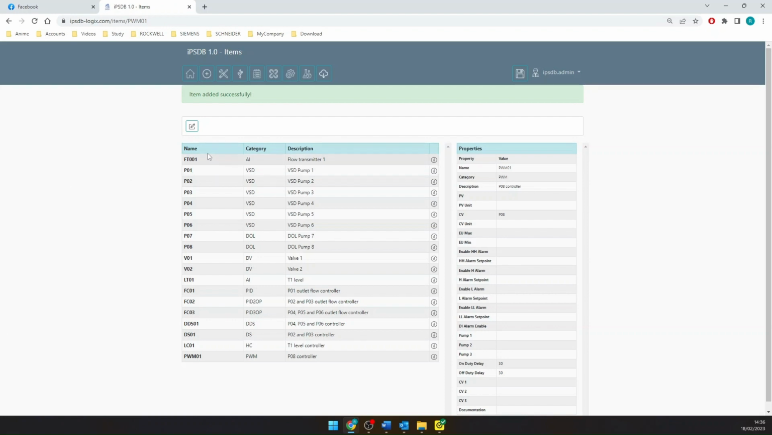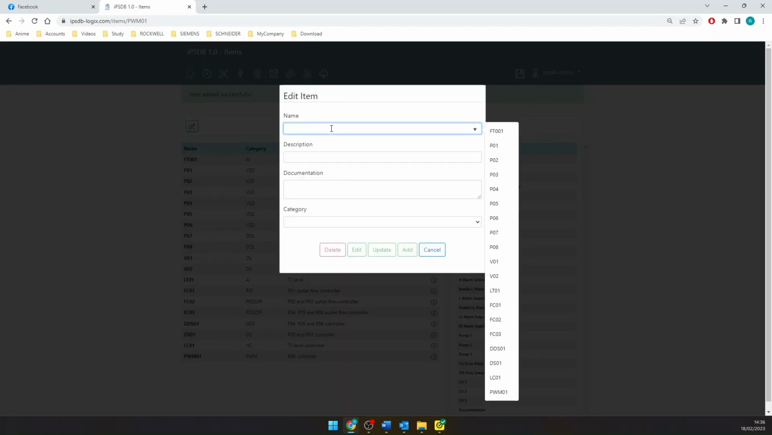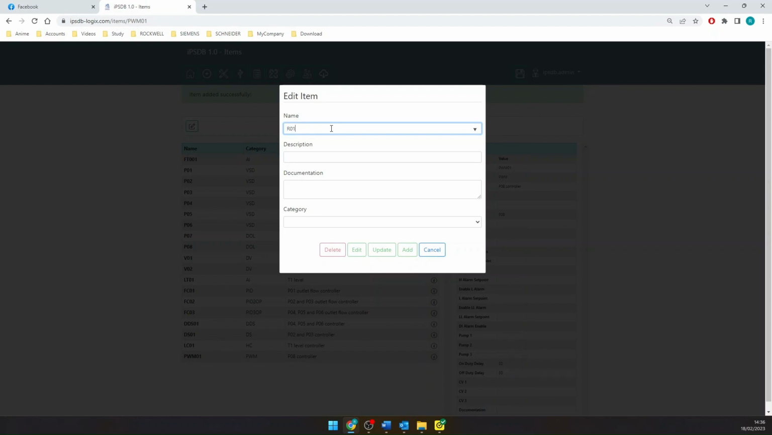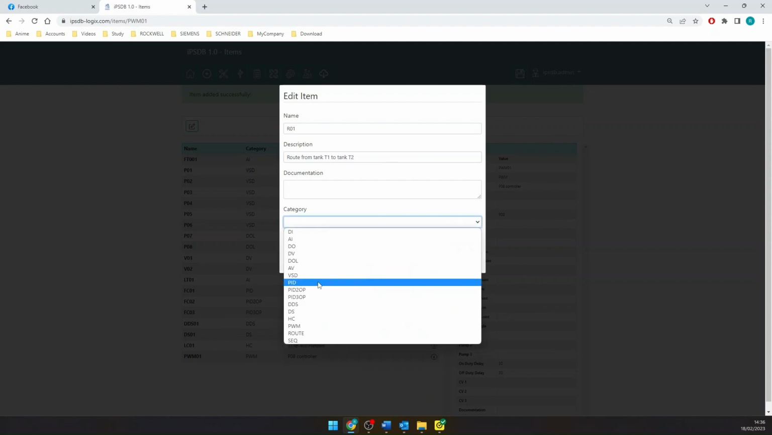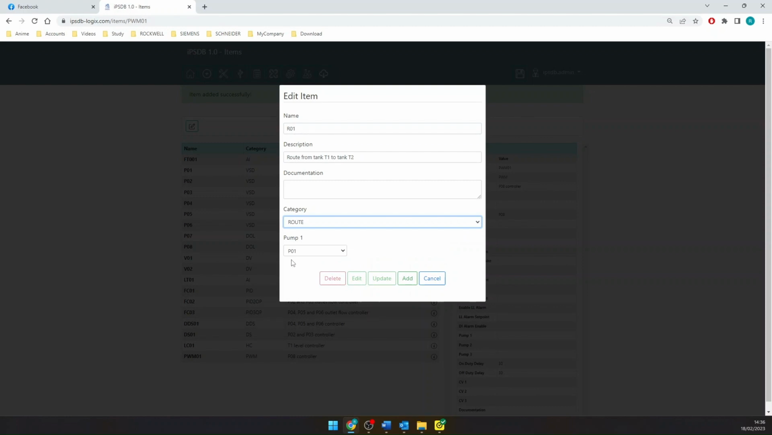Okay, and now the final one is the route. I'm going to call it R101, and I'm going to say route from tank T1 to tank T2. Okay, and I'm going to select the category as route. It is going to ask you for the pump for the route. So you can configure a route as long as you have at least one pump and at least one valve in your route. Okay, so I'm going to select